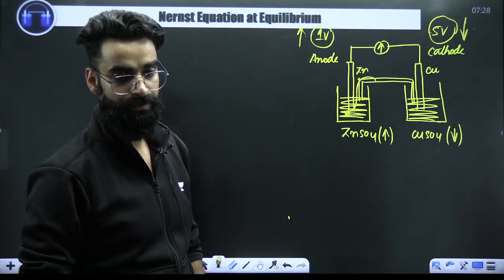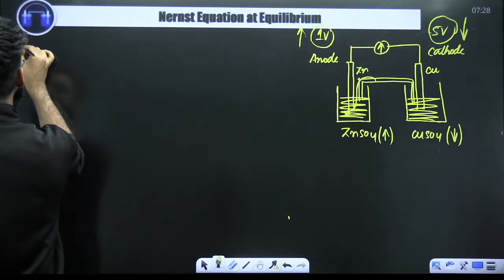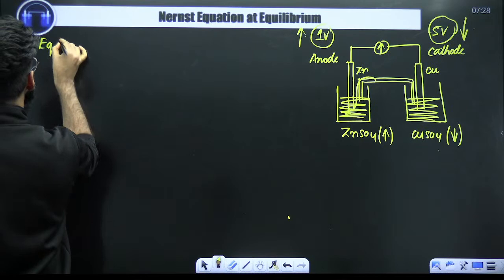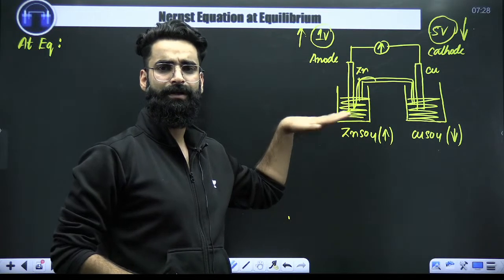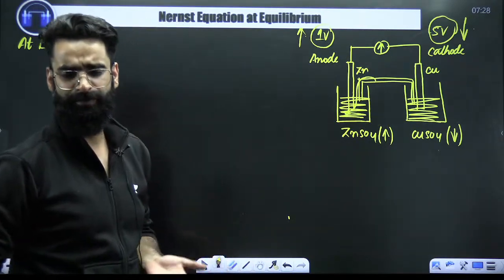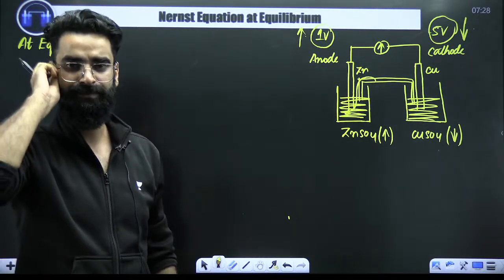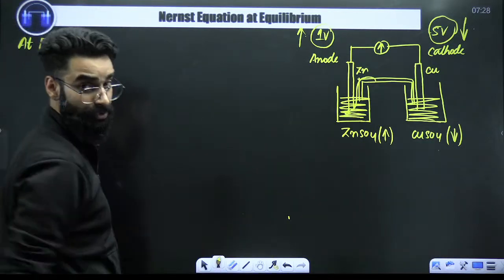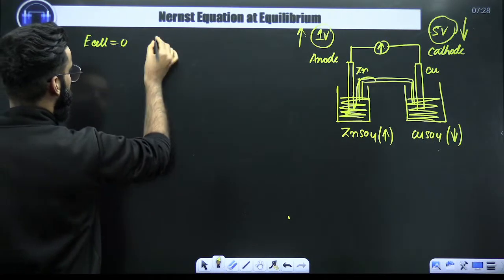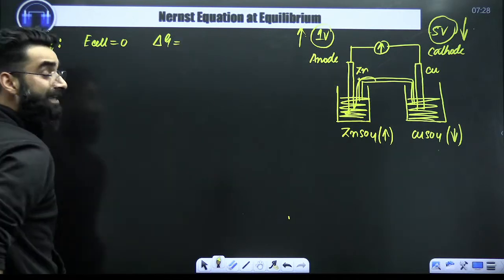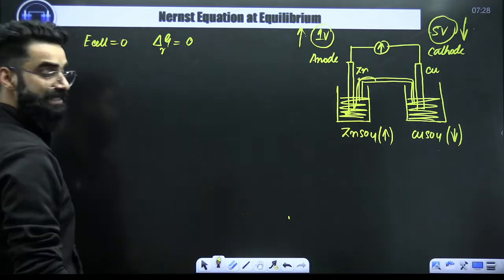I hope you got to know what I exactly said. So what I'm going to conclude, I'll say at equilibrium, the reduction potential of both the electrodes have become equal. If the reduction potential of both the electrodes have become equal, that means their oxidation potentials will also be equal. So in general, I'll say electrode potentials are same. At equilibrium, electrode potentials of both the electrodes will be the same. Therefore, the potential difference will be equal to 0. If E cell is equal to 0, delta G for the cell is minus nFE cell, right? If E cell is 0, delta G for the cell becomes 0.